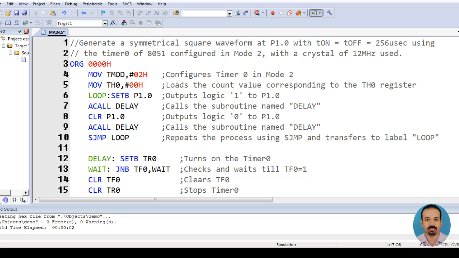Welcome students. So now let's discuss the operation of the timer modules in 8051 microcontroller which has been configured in mode 2. So in general the mode 2 operation of the timer modules in 8051 is preferred when we go